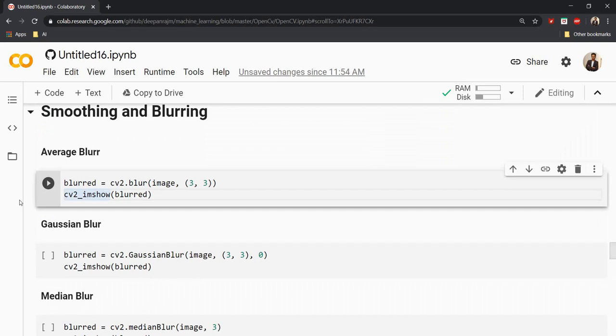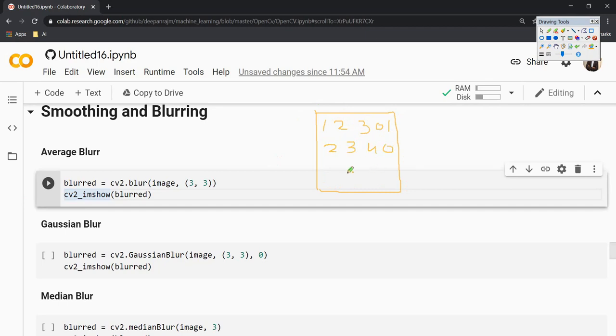The next operation which we are going to see is smoothing and blurring. To understand it much better, let us take an example. Let me have an image which has a lot of pixels inside it. So for example 1, 2, suddenly I have a 13 pixel, 1 again, 1 2 3, again a certain 40 and 50, something like this. My writing is a little bad, please bear with it, but to understand it more clearly, we can say that there are pixels which are very low, close to 0, 1 2 3 4, something like that, but suddenly I'm getting some spikes like 30, 40 and 30 like this.